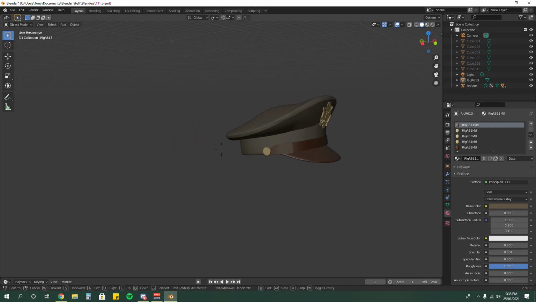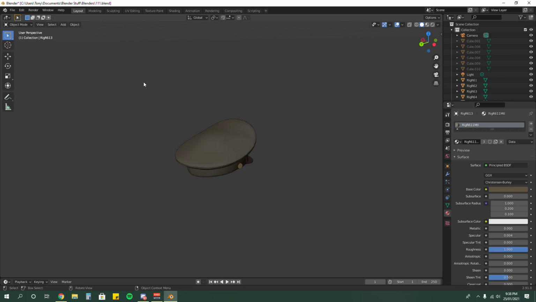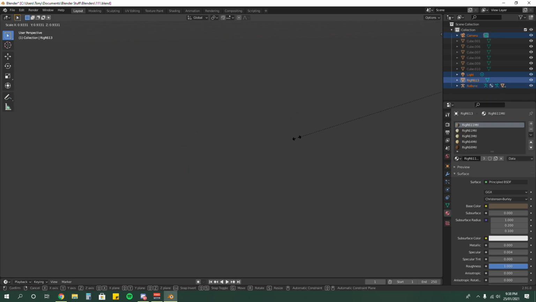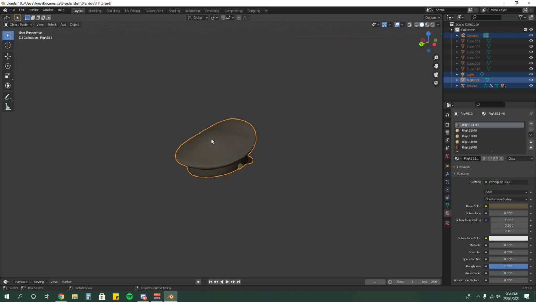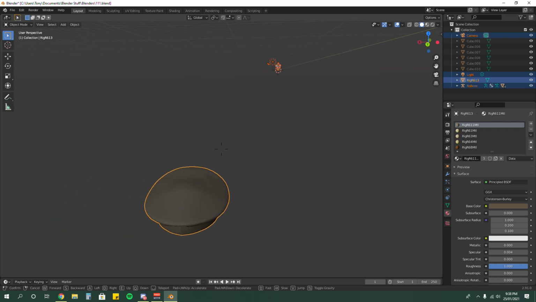Okay, that works. If that doesn't work, just click something and then select the whole thing and press Control J. Or you can just do it manually, like select it all, then join. Control J over there. Boom. Okay, once you've got it, if you accidentally press R, this little scale thing pops up and you don't know what's happening. You want to right click your mouse and it just goes back to normal. So you don't need to be scared.